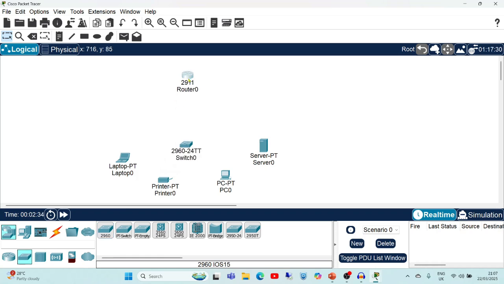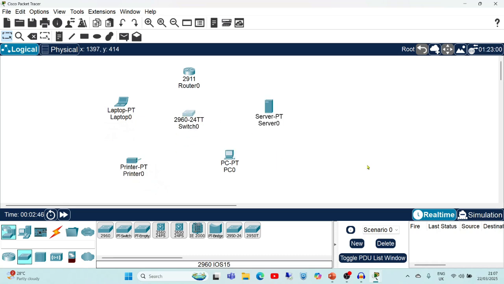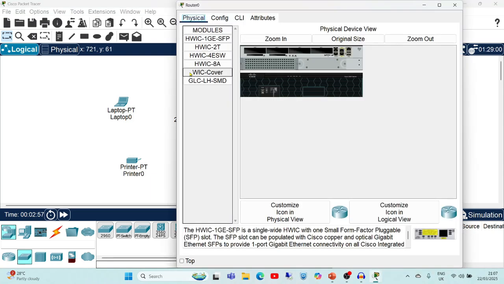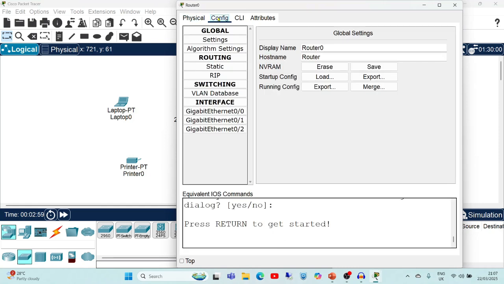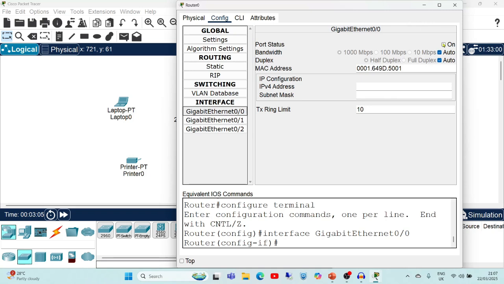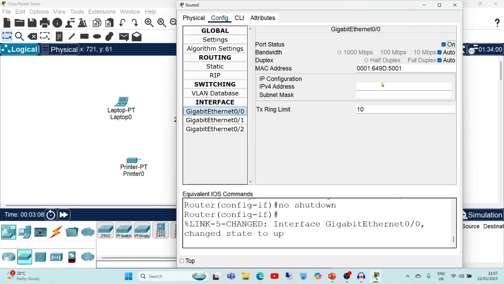Now, friends, you can move these devices as per your choice. Now, first we'll set the IP addresses, then we will connect them using the cables. Okay. So first select the router, double click on the router, then Configuration. Here, GigabitEthernet 0/0. First, you have to switch it on.